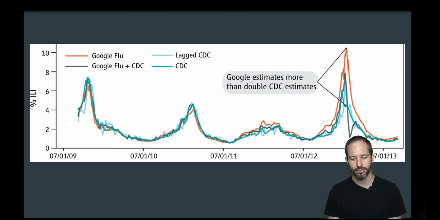Why not do this? Well, in the middle of 2012, on one very scary day, the Google Flu tool estimated the prevalence of influenza at about twice the rate of the Centers for Disease Control. That's what you can see on the right-hand side of this graph. As you might imagine, this caused a lot of alarm. People were asking, is there suddenly a pandemic spreading? There was shock and alarm pretty much everywhere. When they got to the bottom of it, though, they discovered there was in fact no major influenza pandemic in mid to late 2012.